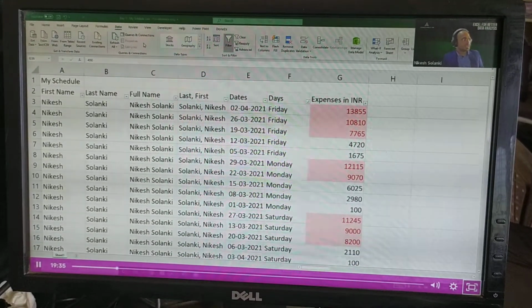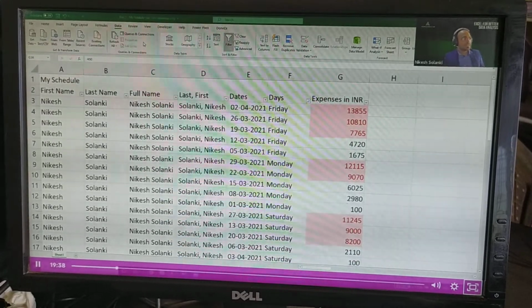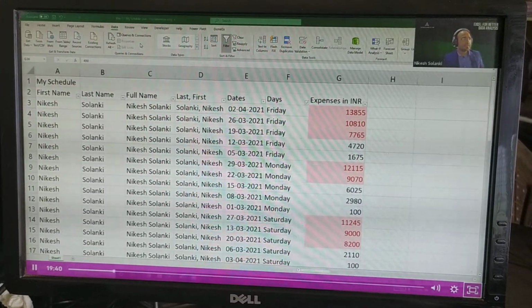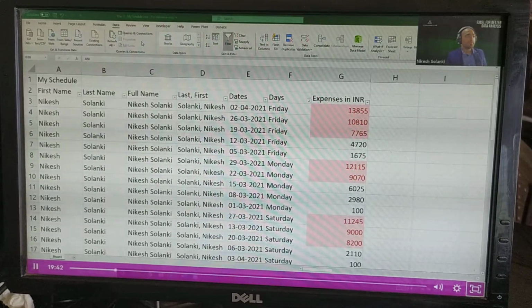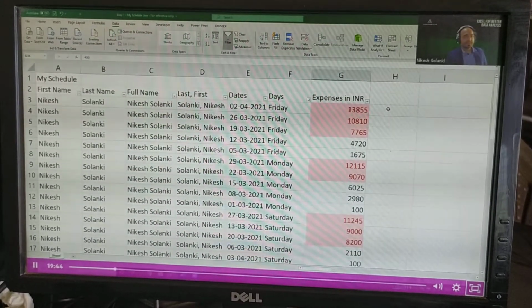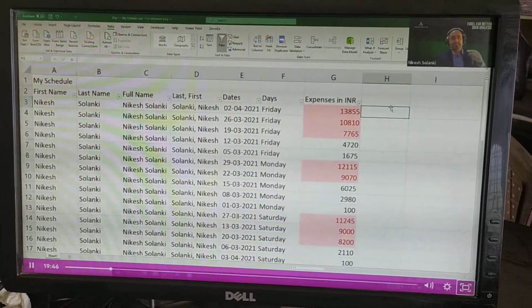So there is this question from Beena Nair. Is there some option to filter names in alphabetical order apart from numbers? Yes, ma'am, there is a way. I'll try to explain it again.